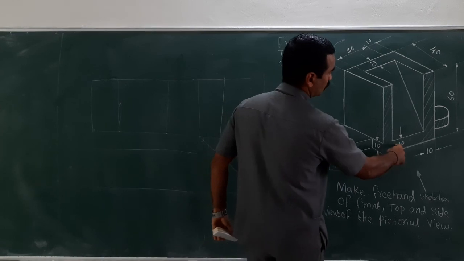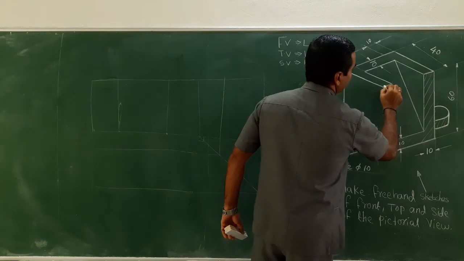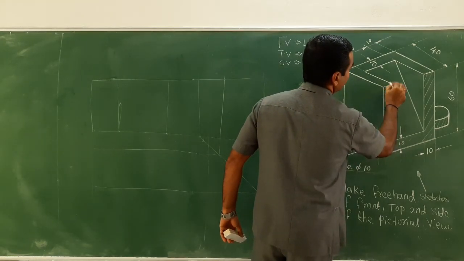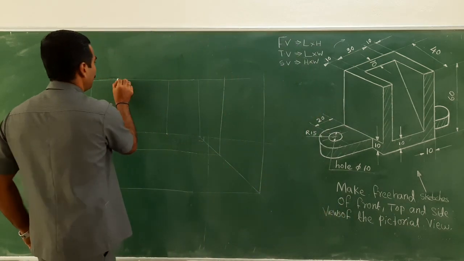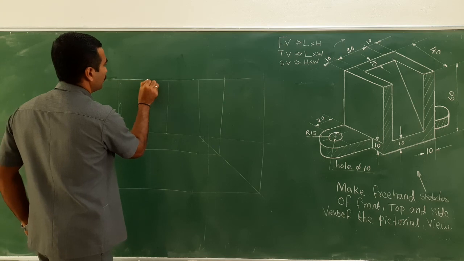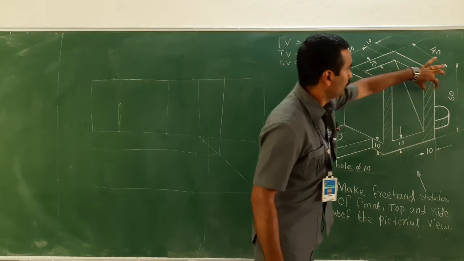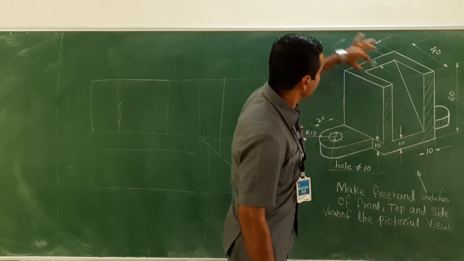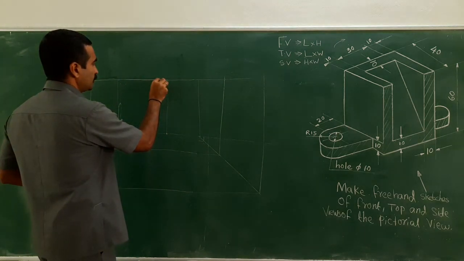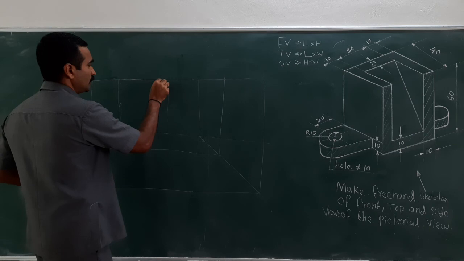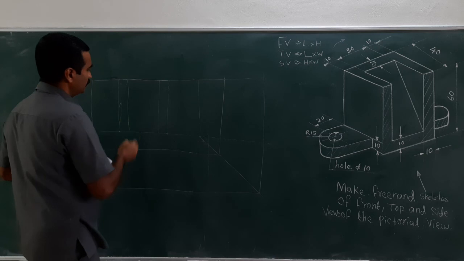Now look at here, when you just look at from here, you could see this line also. That means continuation. So it starts from here, continues here, and ends here. So in the same line I could see. So this is the line. Fine. Now this particular rectangle I need to capture here. The thickness is 10 mm. So from here 10 mm and from here 10 mm, draw a vertical line. Similarly for the left hand side also draw a vertical line.